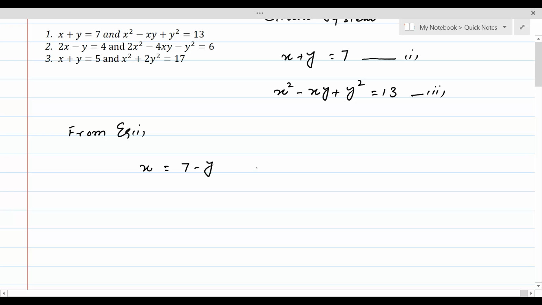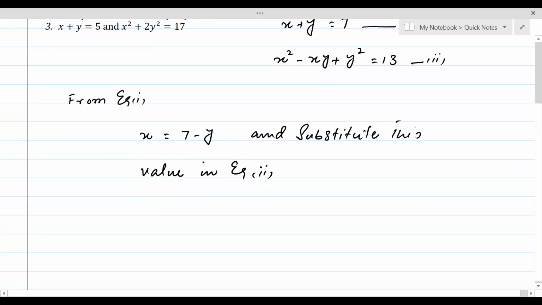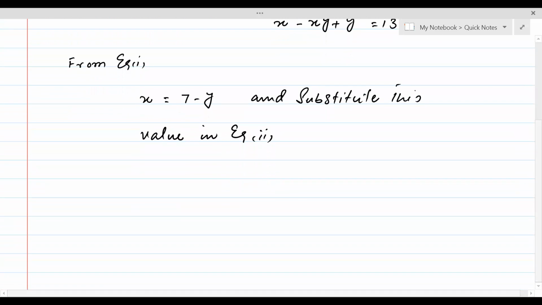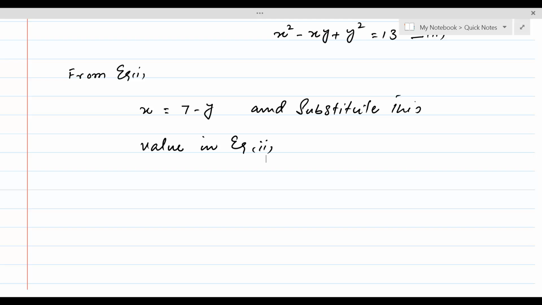And substitute this value of x in equation 2, in the quadratic equation. So once we do that, we'll get, instead of x, now we can write 7 minus